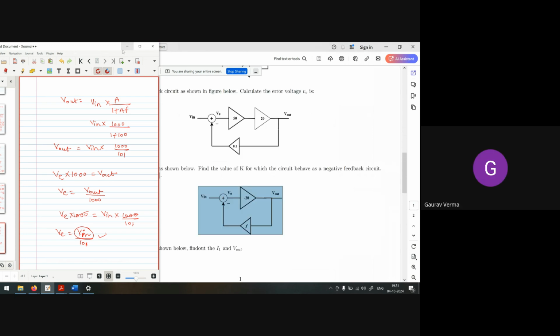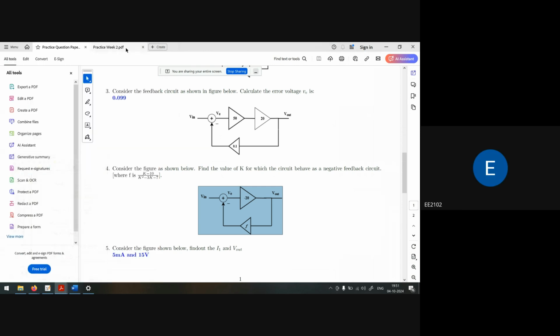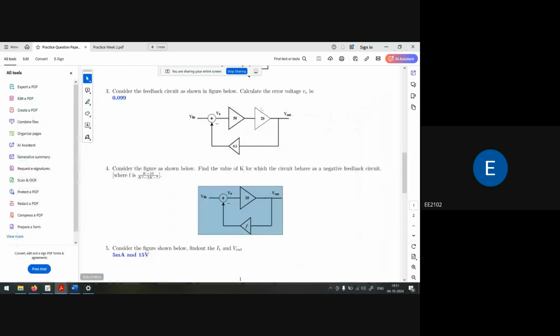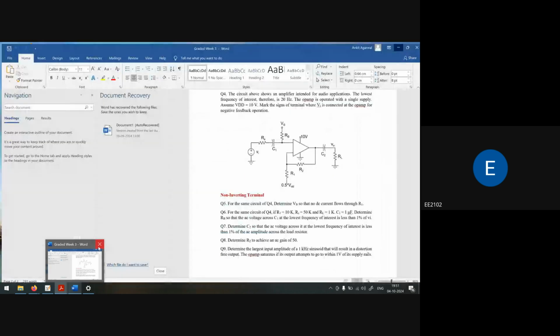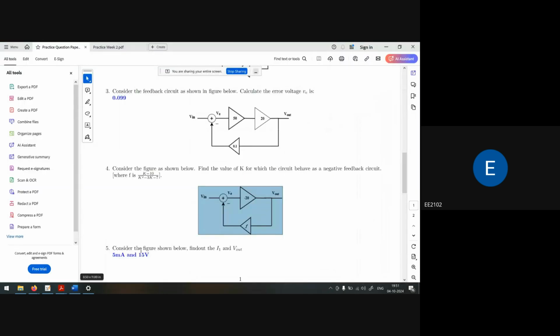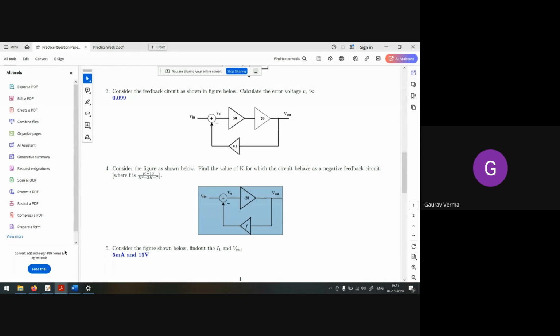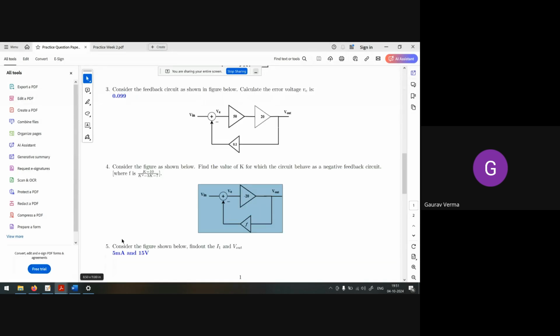What would be its value? I think the value is 10. Okay, fine. So yes, I think in the graded assignment,